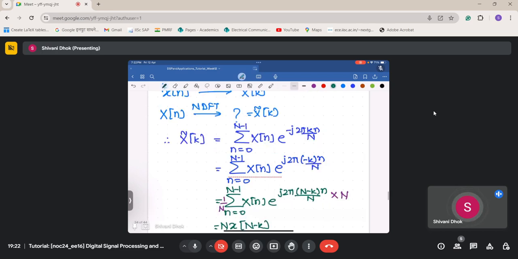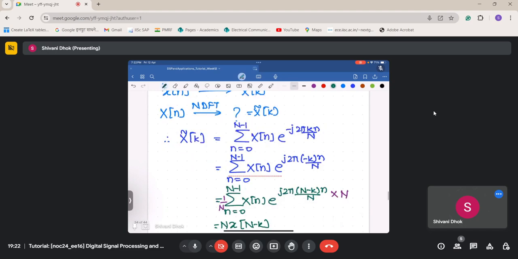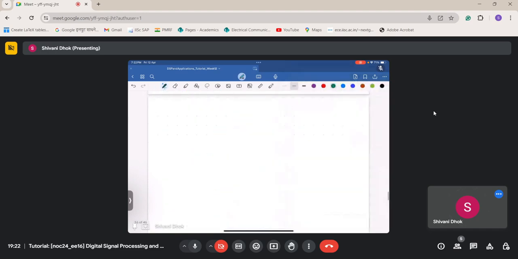So what do we observe is, I had this x of n. If I find its DFT, I get X of k. Then if I find its N-point DFT again, I get N times x of N minus n,